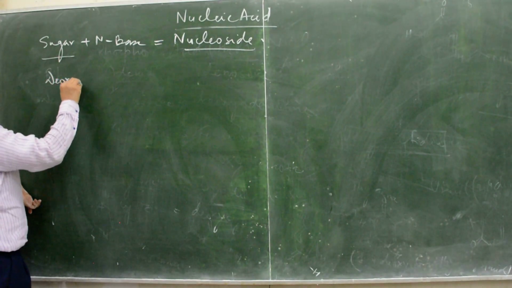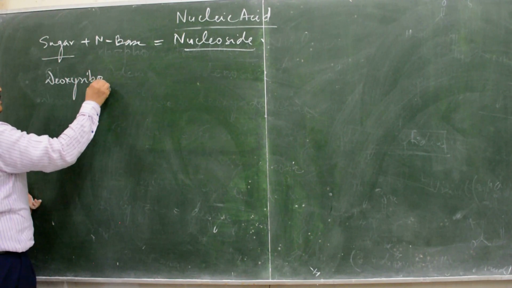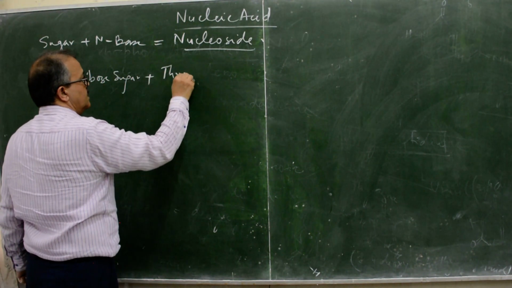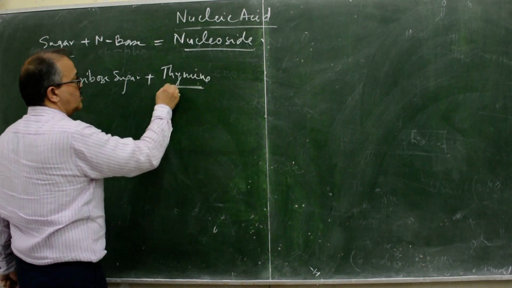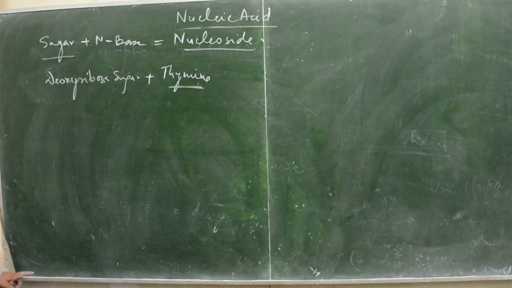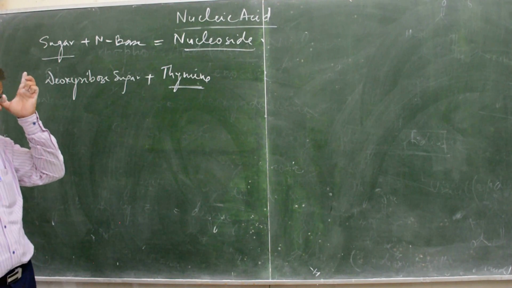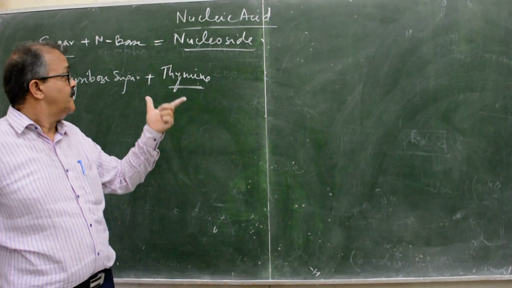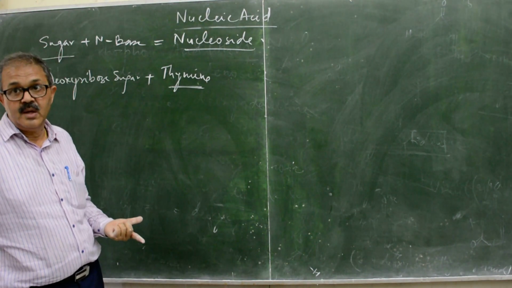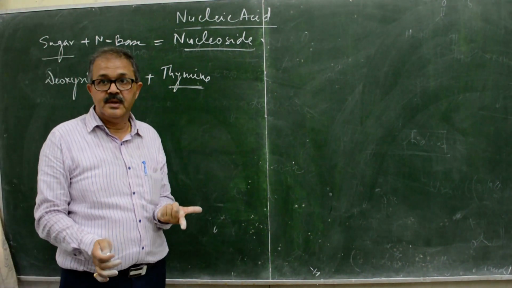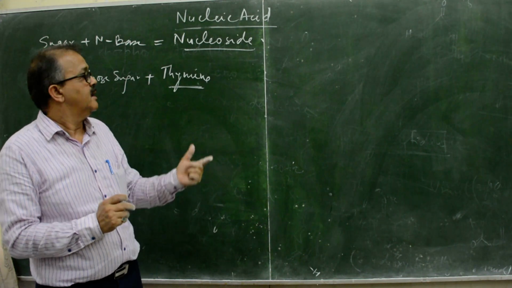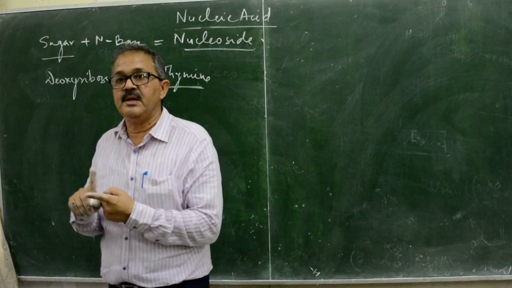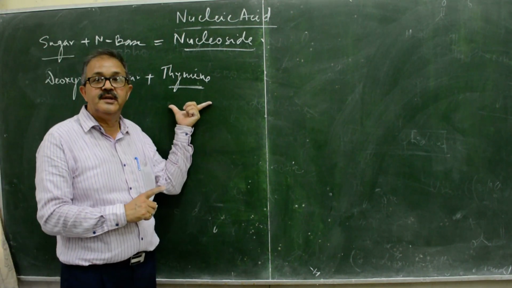Thymine always interacts with the deoxyribose sugar, and thymine is present only in DNA. This is a very good interview question: why is thymine not replaced by uracil in DNA? In thymine there is a methyl group, and there are two points here. The methyl group, the methylation, provides more stability to the DNA.